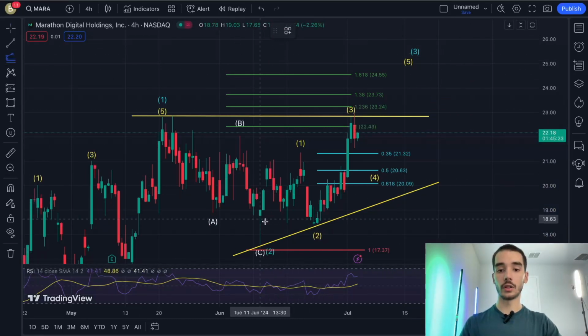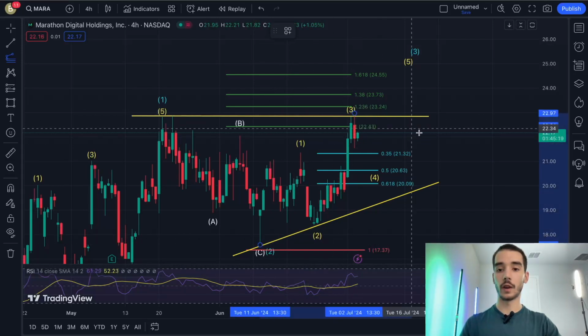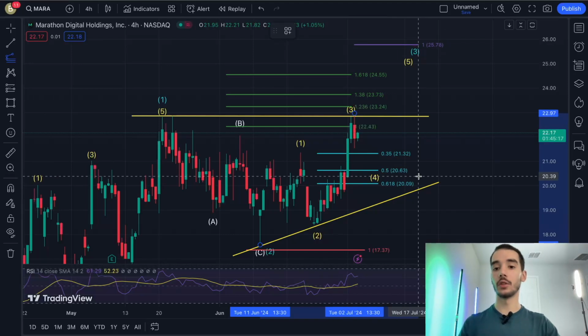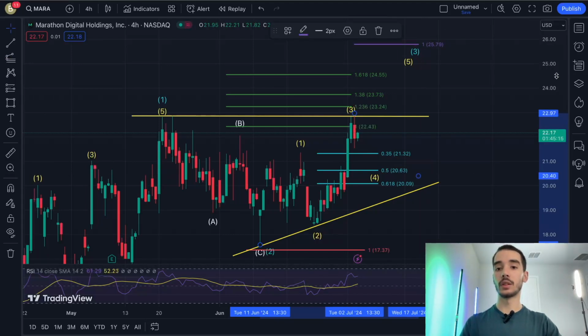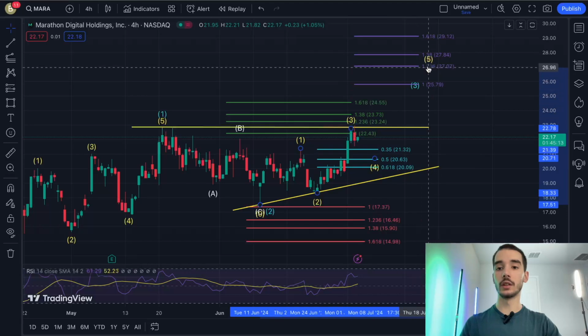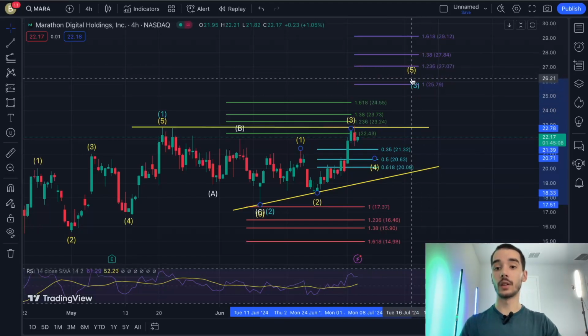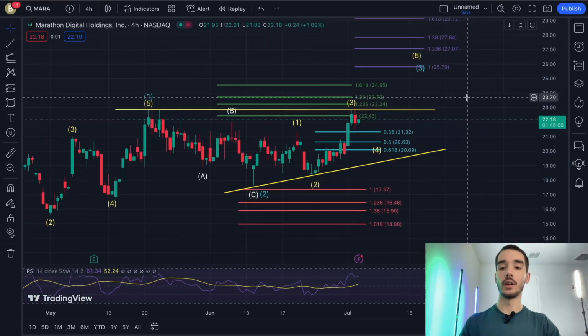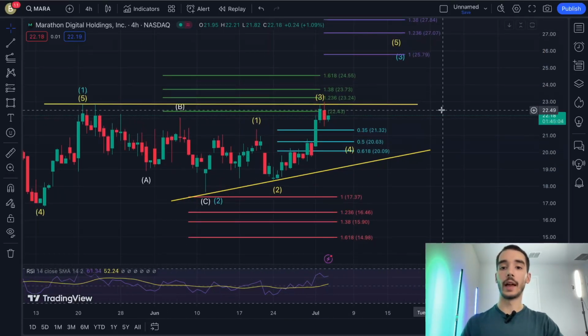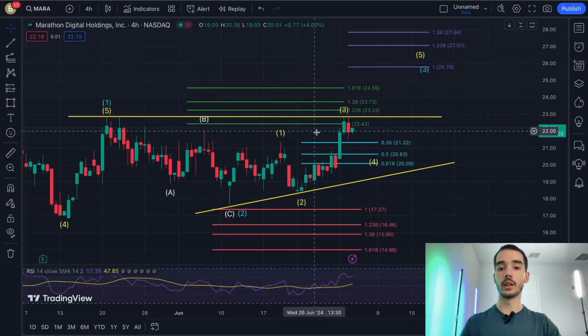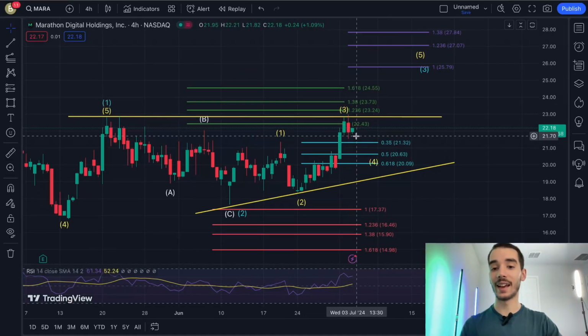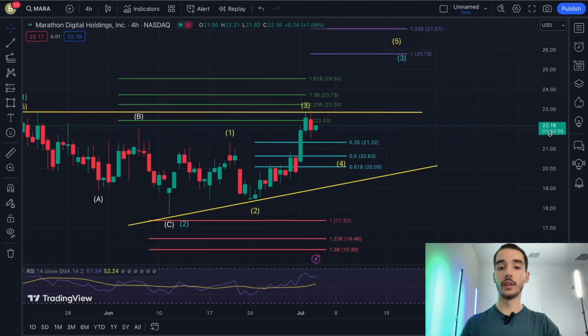If we start there, find support, say a little bit underneath the 0.5, we can potentially see the fifth wave reaching at least $25 per share on that wave count. Although that doesn't really matter too much yet, just because we are still trying to figure out where this fourth wave will end, and rather not the third wave will end as well.